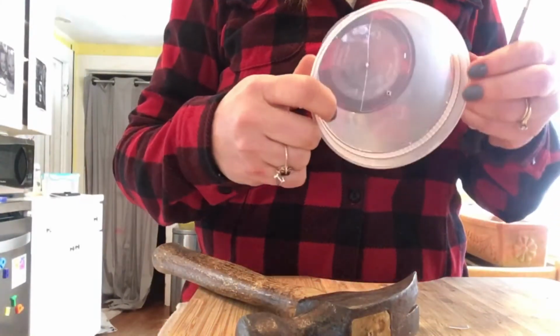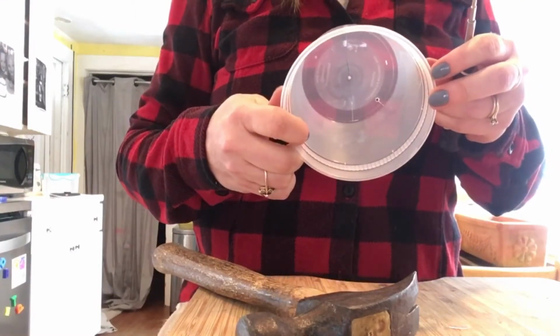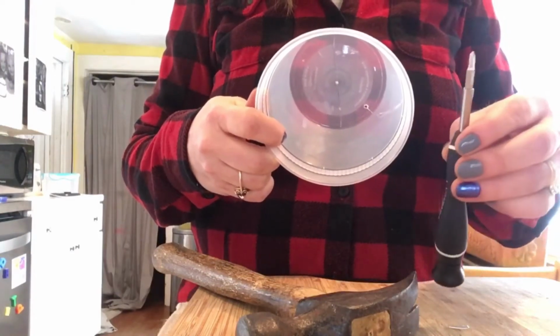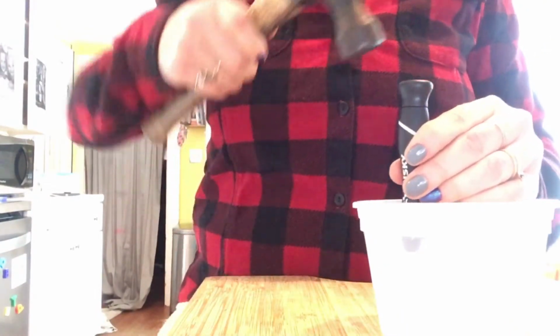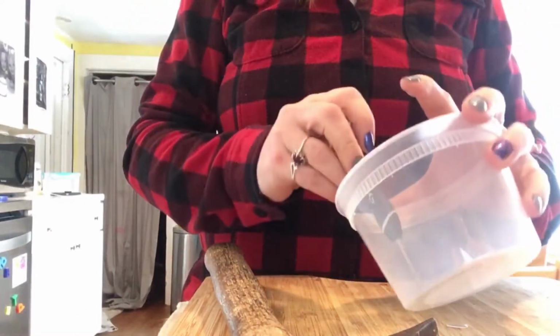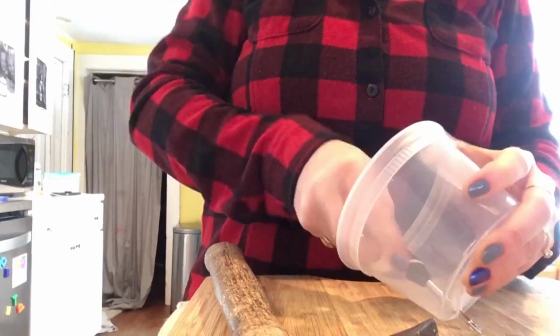Okay, dear viewers, I had a couple of issues. What happened is my Tupperware snapped, and so I had to find another tool. So I ended up finding a very small little Phillips head, I guess it's called. So what I'm going to do is get the end of it and just tap it a little bit, so that it doesn't break. And then I'm going to get my Phillips head and kind of squeeze it through,